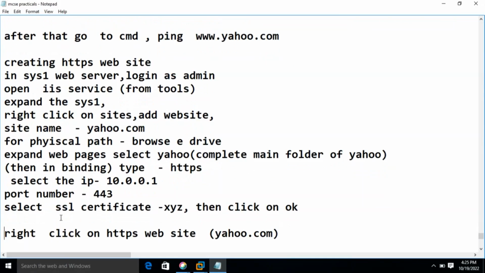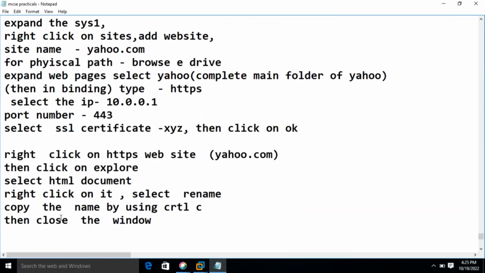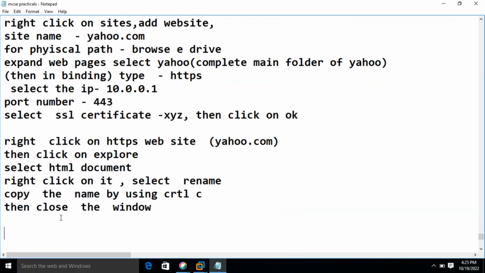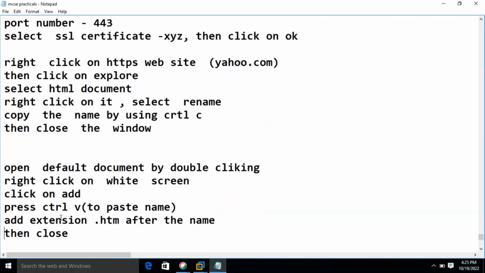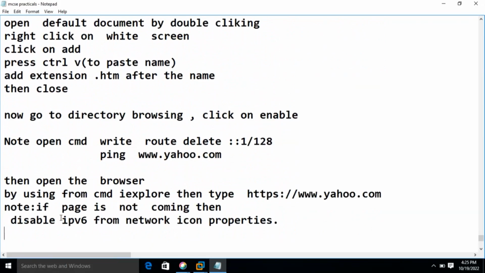Now, site name. This time again we are hosting Yahoo, because I have given you three web pages: Yahoo Mail, Yahoo and BMW. So I'm using Yahoo. Select port number 443. Integrate the web page. Then add it. Now by default, when we use IP version 6, by default it works on